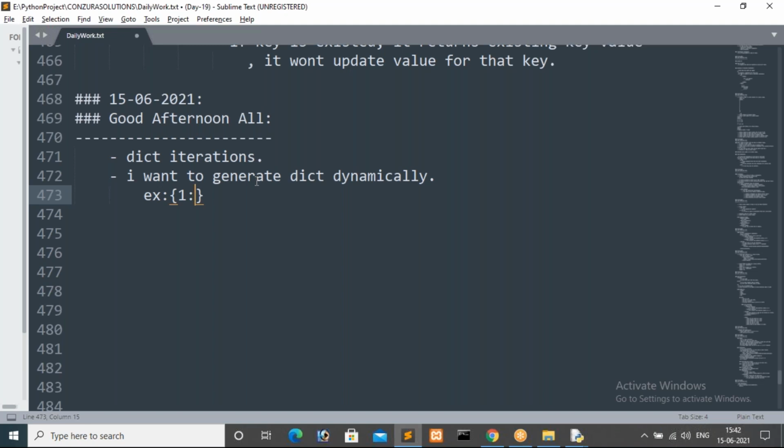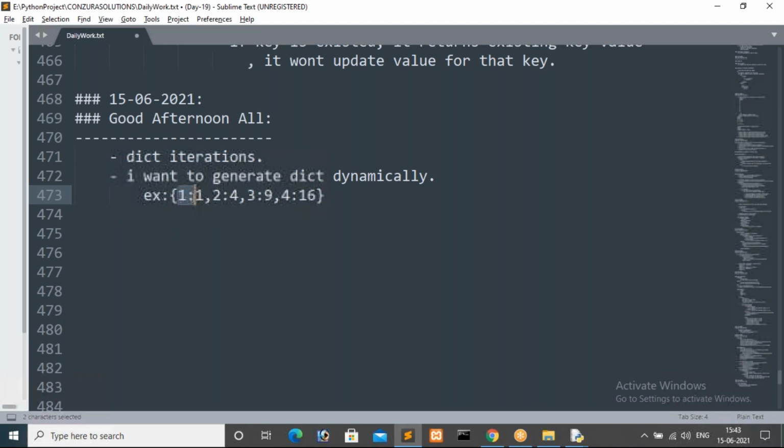I want to make a series of keys, and the values are their powers. What is the power of key 1? Power of 1 is 1. Then 2 power value is 4. Then I make 3 a key, and the power of 3 is 9. Then 4 power is 16. So I want to print a series like this, guys.